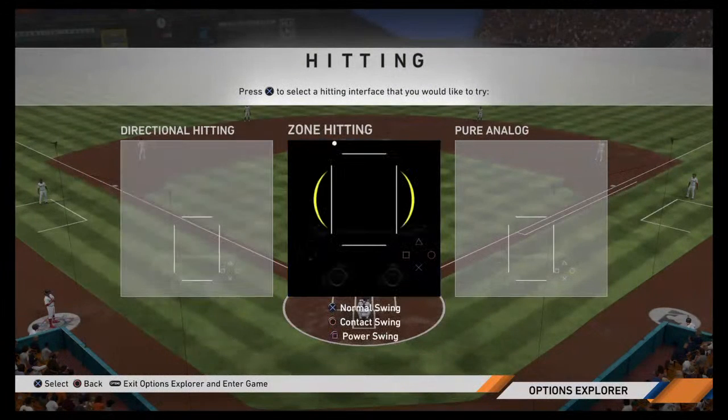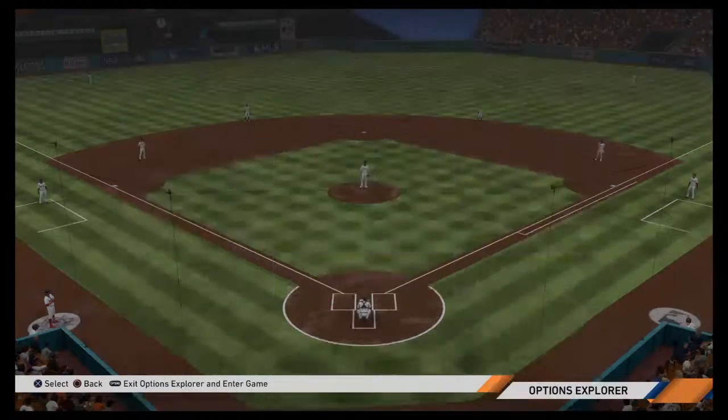To use zone hitting, move the left stick in the direction of the pitch to adjust the plate coverage indicator, also known as the PCI. When the PCI is aligned,